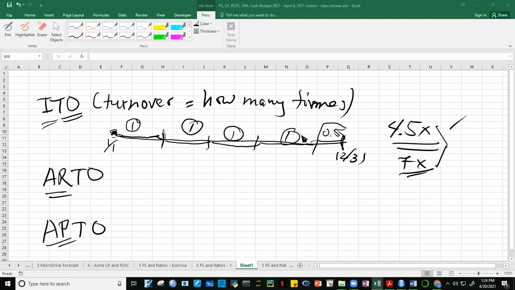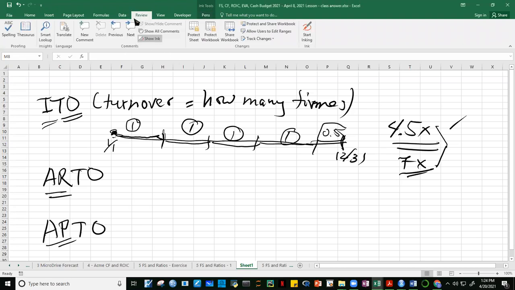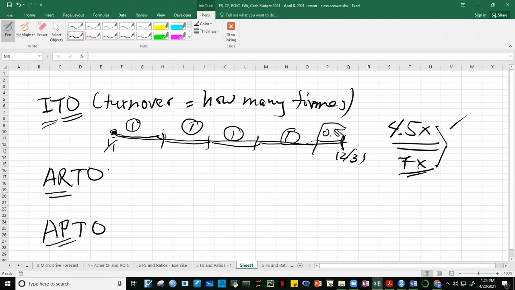Is ITO clear? Okay, and then we go to ARTO. What's ARTO, guys? Accounts receivable turnover. So what's this about? ARTO, on the other hand, is